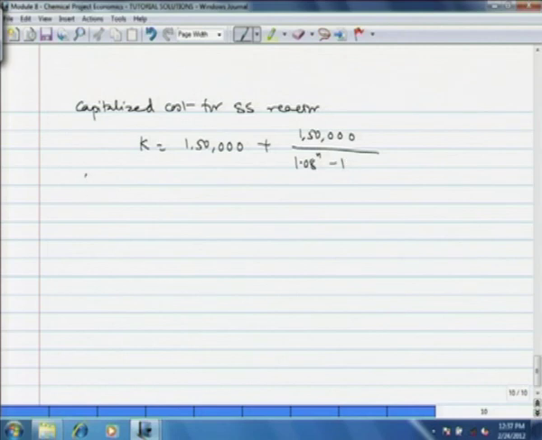Okay. Now, K has to be same as that for mild steel reactor, which is equal to 242,521 rupees. That is what we have found out. Now, if you put K here and solve for n,